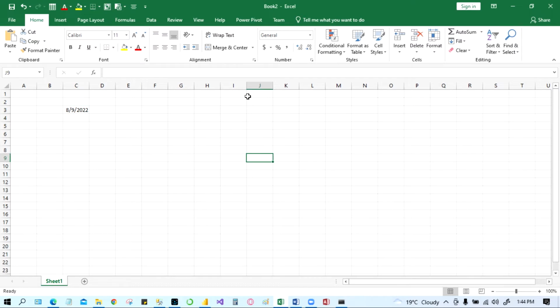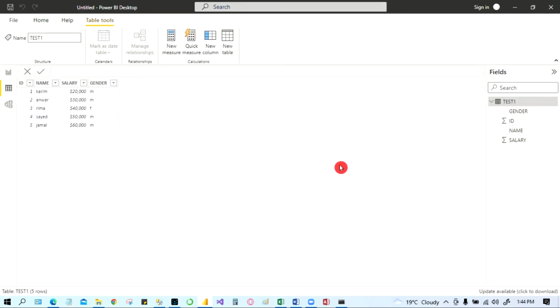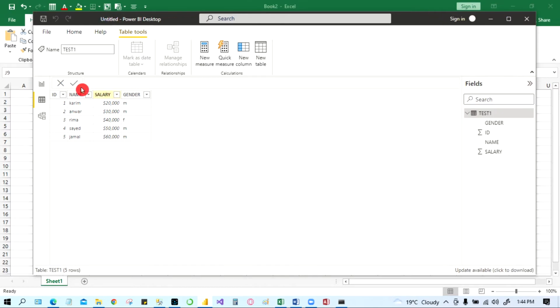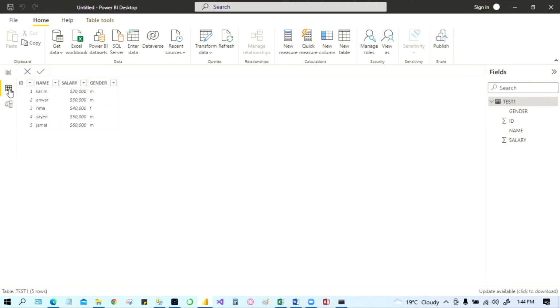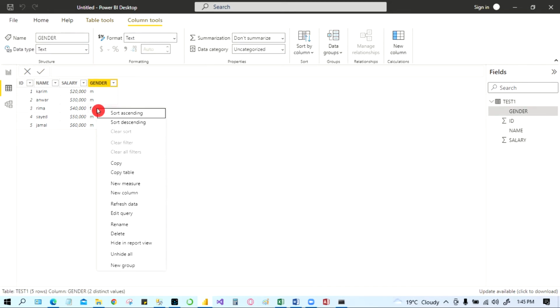How about other tools like Power BI? So let's go to Power BI. Here is the Power BI tool. I came into the table format here. In one of the tables, you can see the name, salary, gender. So if you want to create today's date in another column, what you have to do is simply right click the table and click the new column